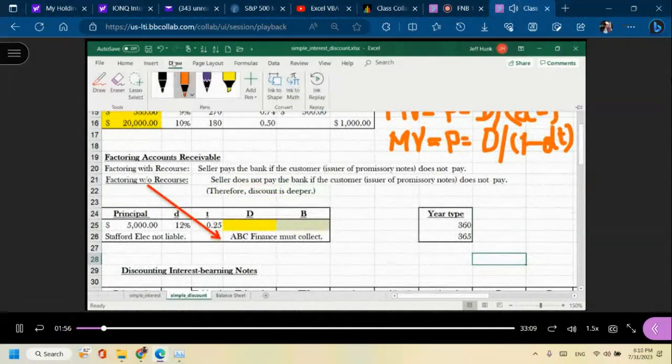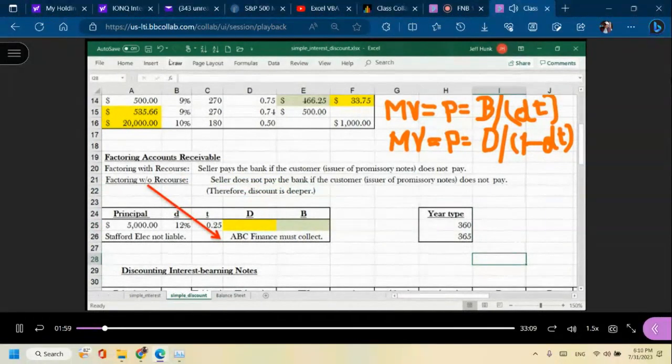Factors, financial companies called factors. Usually these companies are named something like ABC Finance, right? Now, they generally buy these promissory notes, and not just the promissory notes. The promissory notes are a part of accounts receivable. But there's a slight difference between them. But remember,